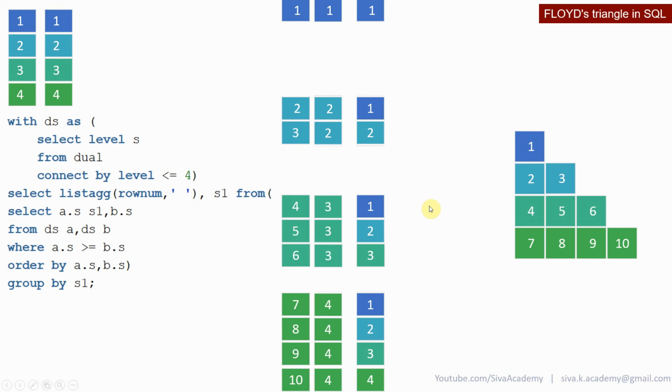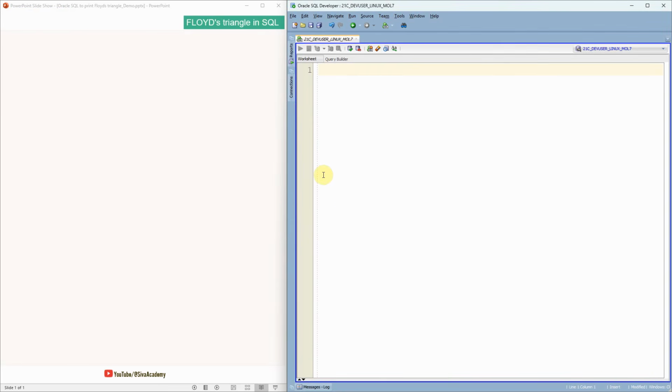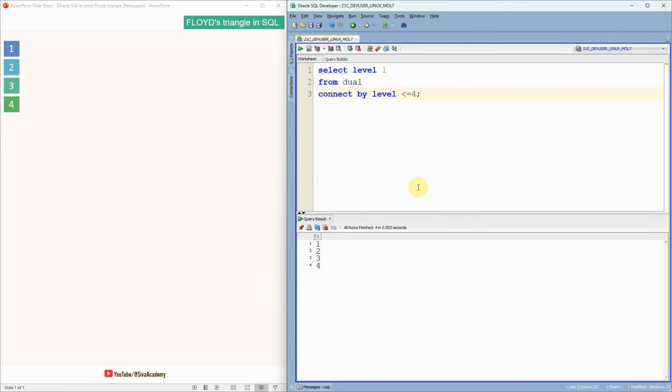Now let me show you the demo. Let's start with the demo. The basic requirement to print the Floyd's triangle is a sequence of numbers. So here is the query to print the sequence of numbers from 1 to 4. Let me make this a WITH clause query. Let's say WITH dataset AS